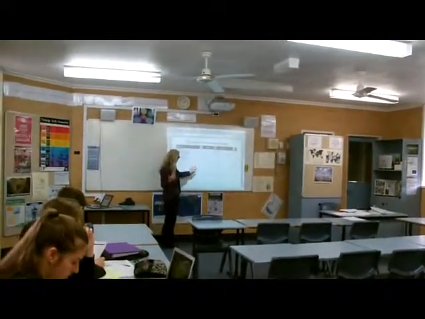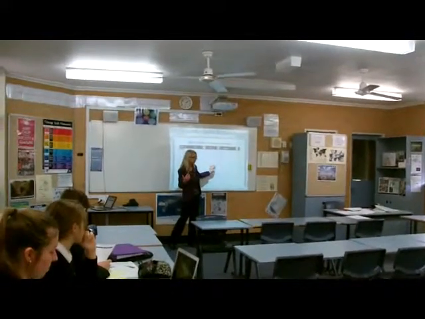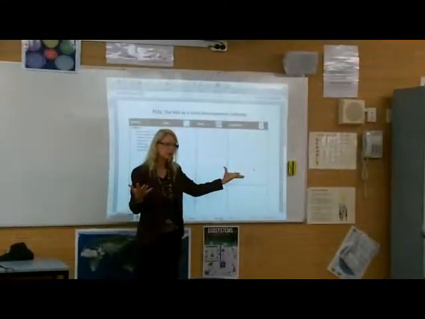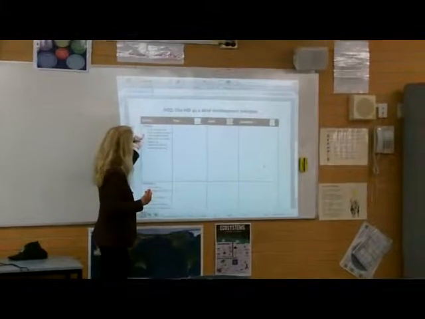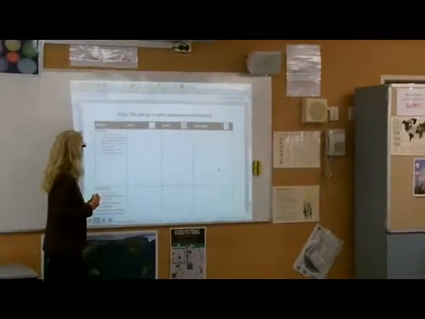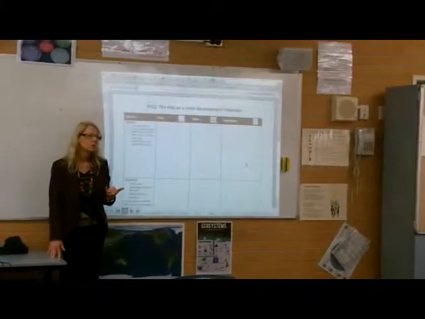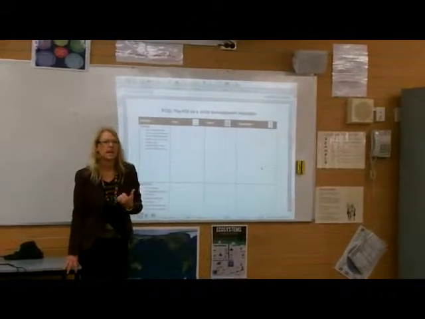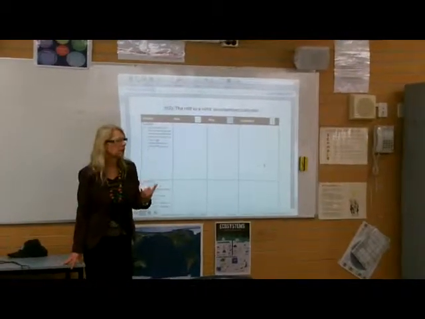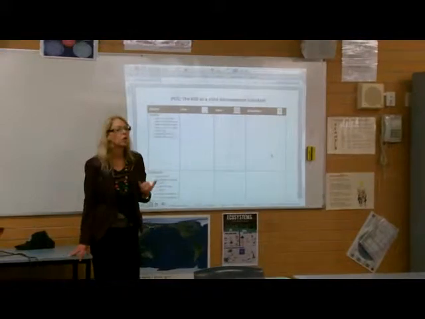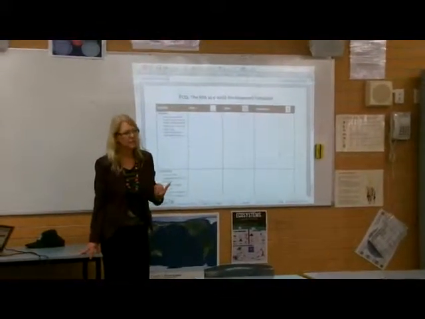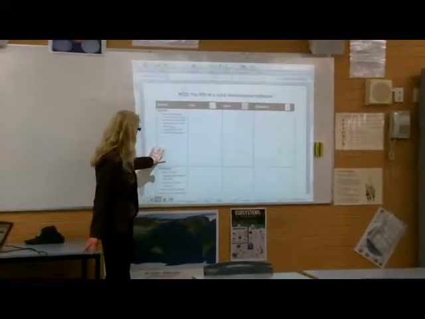So I want you to look at the pros. I want you to look at the cons for that. Then I want you to pose some questions. Okay, questions could be, if we're looking at what is left out of this index, well, how does this index tell us how democratic or how corrupt the government is? What does it tell us about that? So they could be your questions.